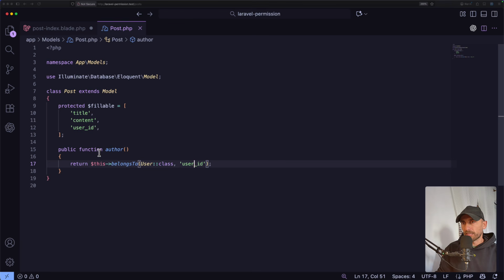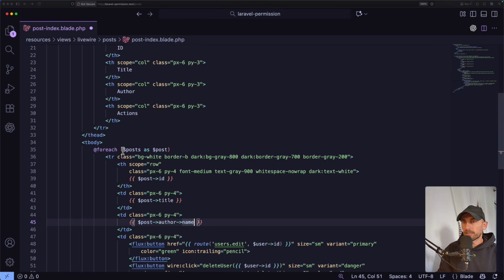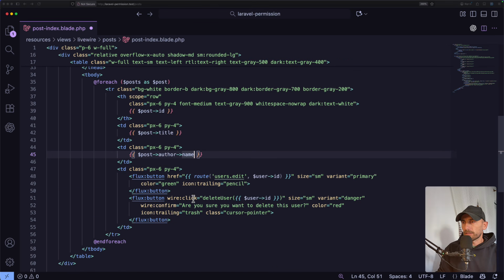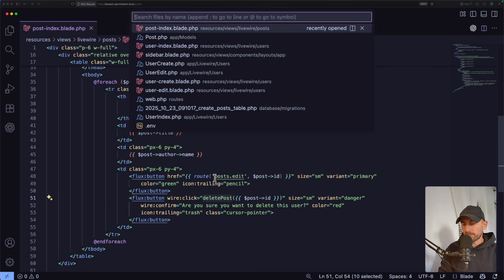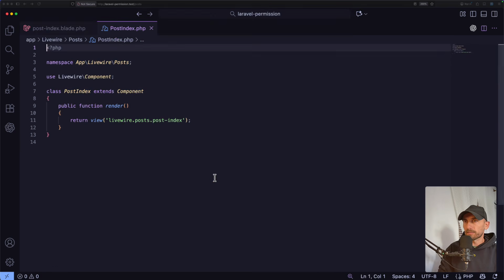But now we have this author method. Then instead of users edit, here is going to be post edit, and here is going to be single post ID, and also post here. Now instead of delete user, we're going to say delete post. We need to create this. So I'm going to copy, save, and now let's open the post index, and we need to create that method,